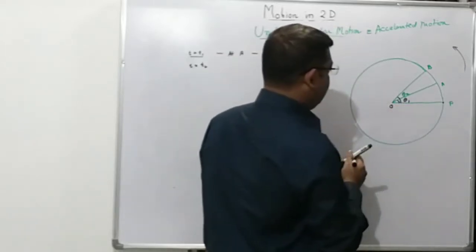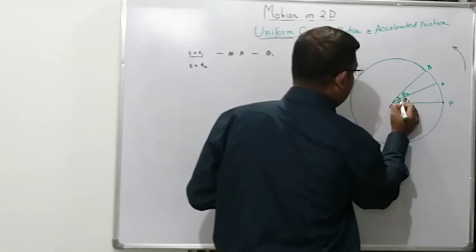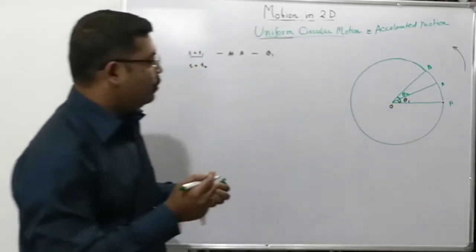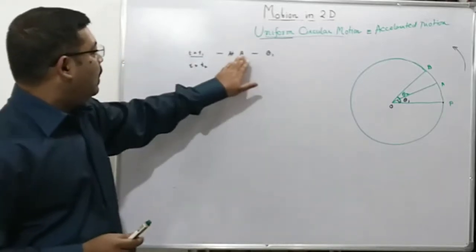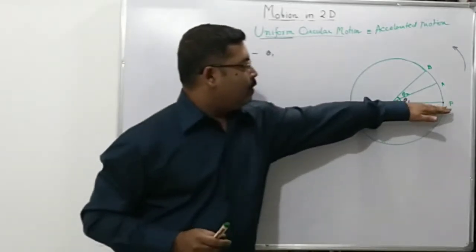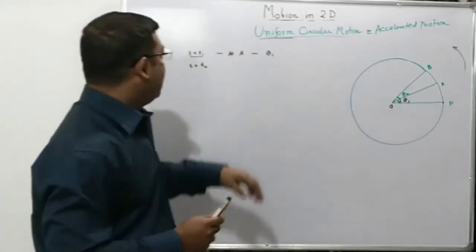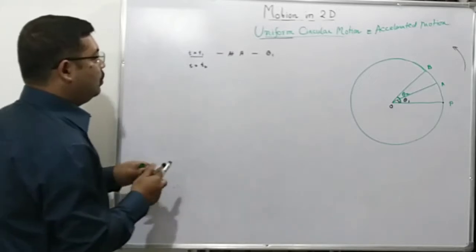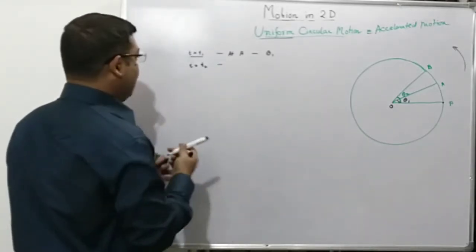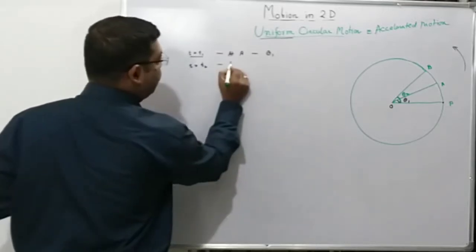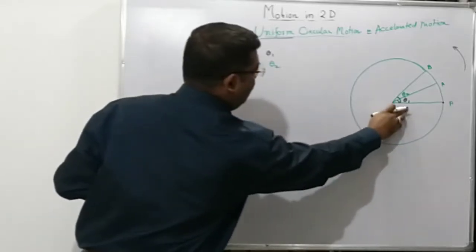This angle is theta 1, and this angle is theta 2. The green one is theta 2. Okay, for your ease. So at A, the angle subtended with the original position at time t equal to 0 is theta 1, and at time t2, the object is now at, say, B, and the angle subtended is theta 2 with OP.